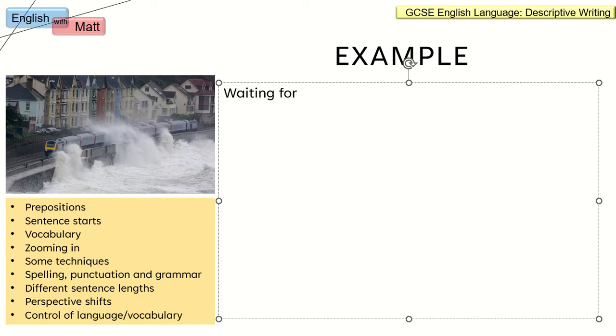Waiting for the train to begin moving again. So I'm going to imagine that I'm on the train, inside that train. So that can be a perspective choice that you can make. You don't have to always describe these images from an outsider perspective, like an omniscient perspective. You can actually be in the image or put yourself in a particular location in the image, like I am here, being put inside the train. So, waiting for the train to begin moving again